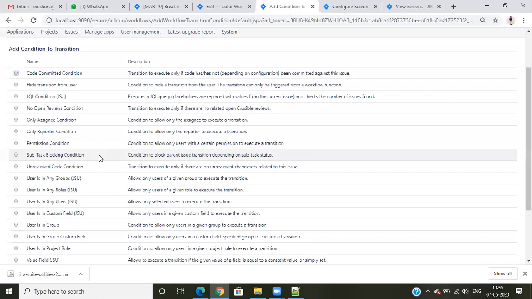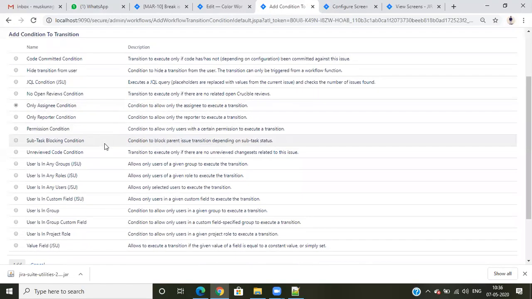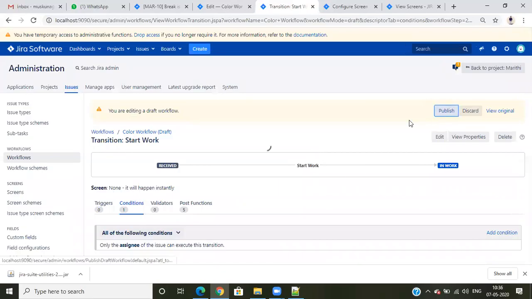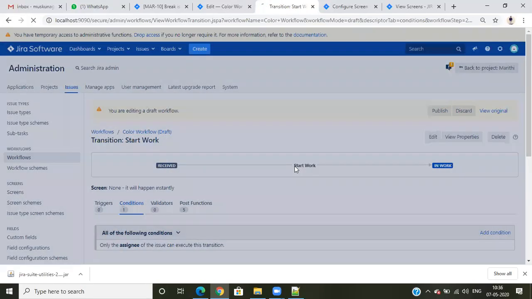The first option here is only assignee condition. It means a condition to allow only the assignee to execute the transition. If I add this condition, I'll click on publish, select no, publish.